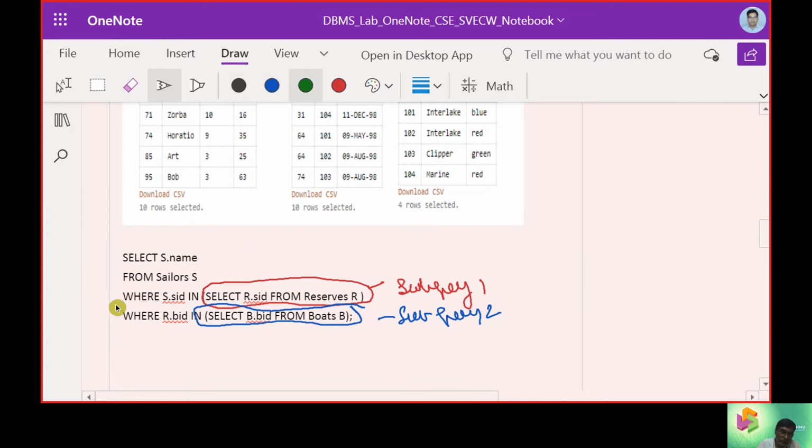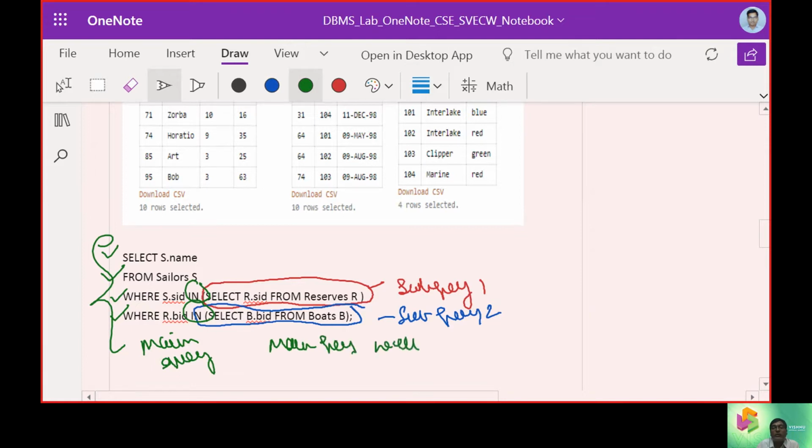Then the items with IN and IN, we call the main query, and altogether we have the main query with nested queries, a query inside another query, that is subquery 1 and subquery 2.